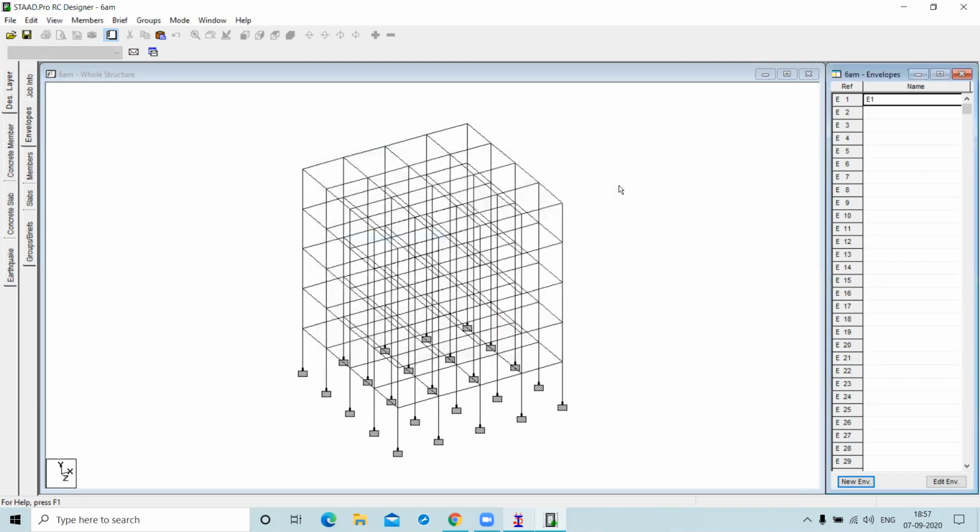Click on OK. So this is the E1 envelope, which contains the combination load.